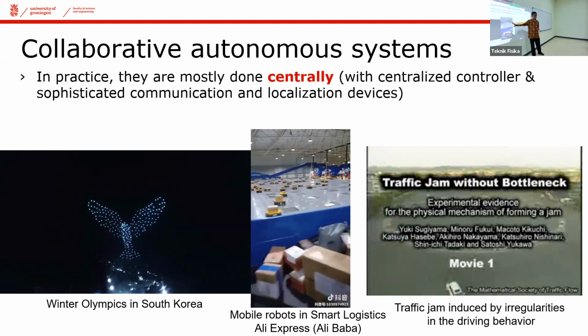So in this case, we would like to depart from centralized solutions. We try to see whether we can implement a distributed one. But when we take a look into the distributed solutions, we can try to learn what is actually the behavior that we expect when everything is distributed. So the movies on the right, this is one of the famous research results done in traffic systems, where they experiment with how humans behave in real traffic systems. And when we consider humans as real intelligent beings, you can see that there is a bit of a problem here. So everyone takes their own decisions.